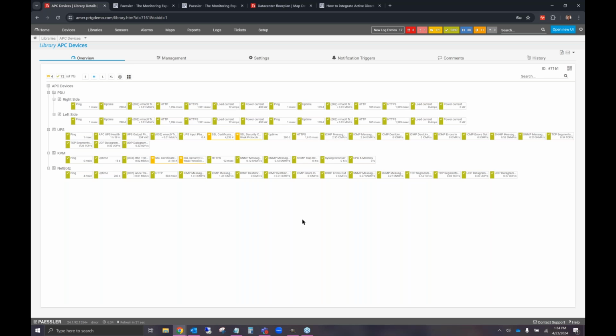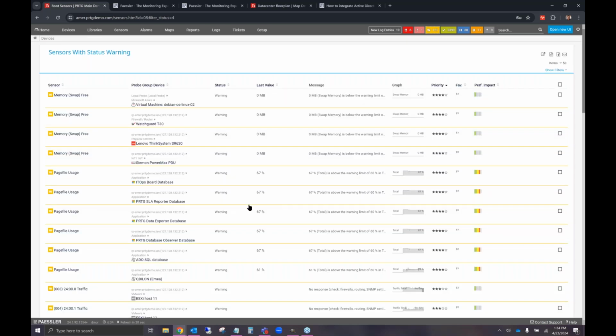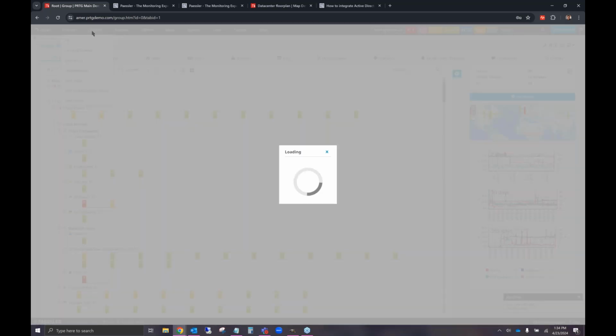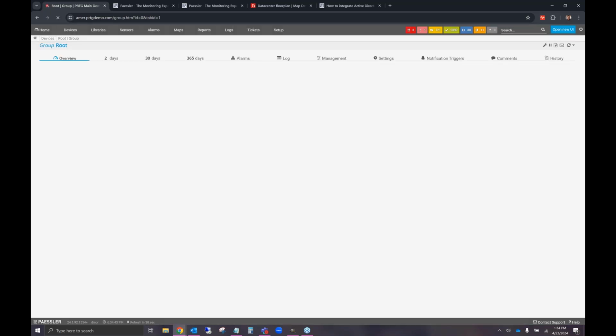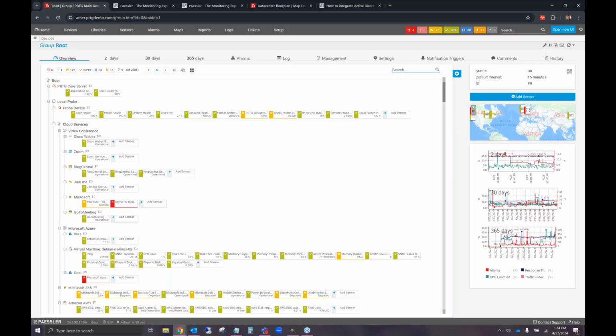You can even filter by status. So if you want to come and see all your down sensors for one group, or all of those warning sensors, because you can always set a warning state to be a little bit lower than what you want it to be a down state. So if you're just trying to look at a snapshot of where you might be concerned, you can certainly place warning statuses on any of those sensors, and then use a library to basically filter for that sensor status. So lots of different ways to organize sensors in PRTG,